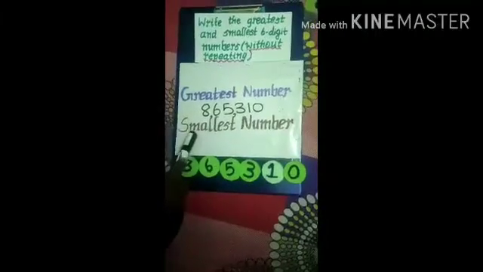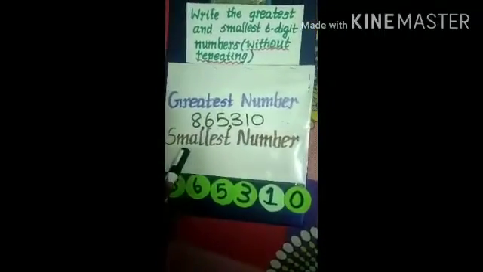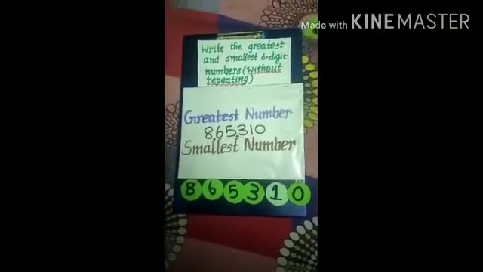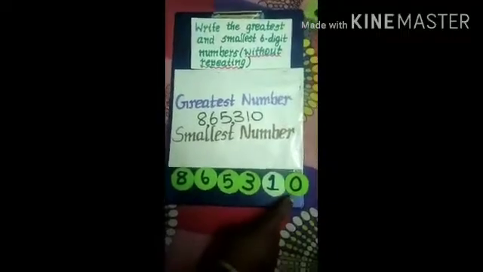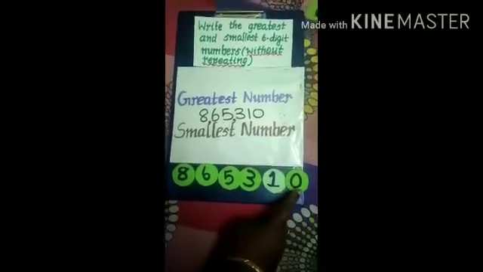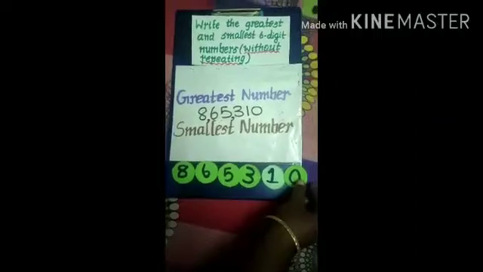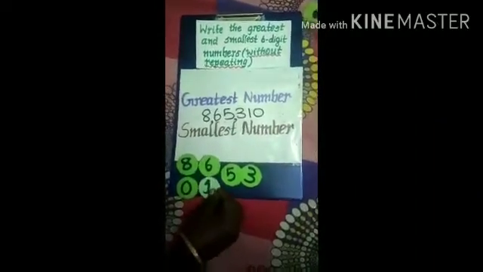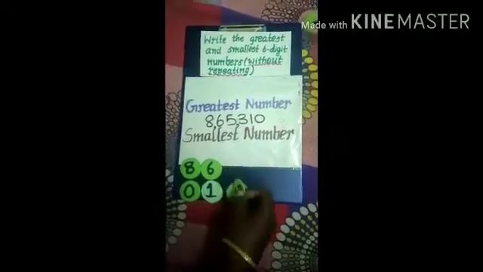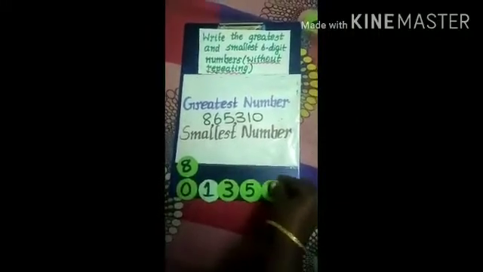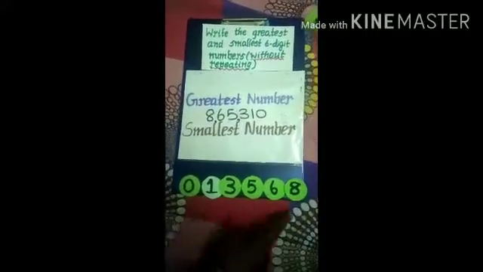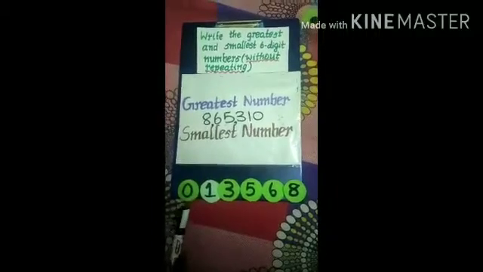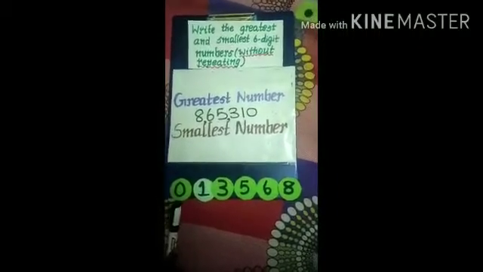After forming the greatest number, we have to form the smallest number. If you want to arrange the smallest number, you have to arrange in ascending order. So what I am going to do, just I am going to reverse, because ascending order is small number to big number. So I am going to reverse: 0, 1, 3, 5, 6 and 8. Have you got a 6-digit number? No. Since we know that a number does not start from 0.